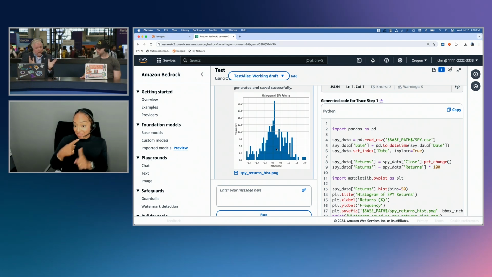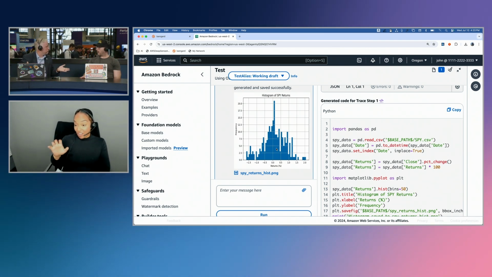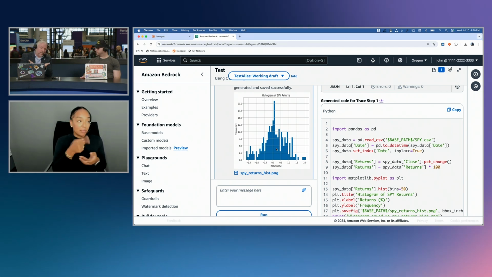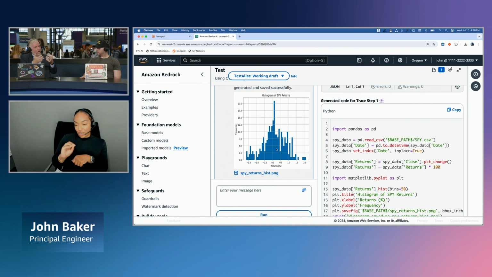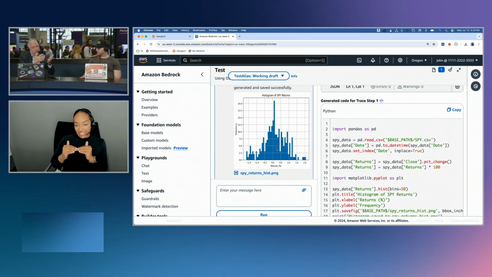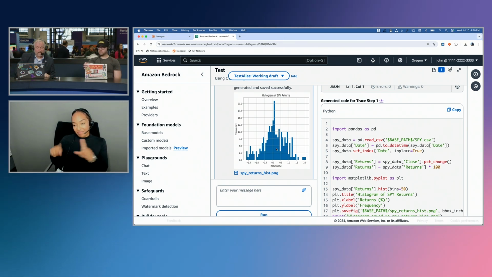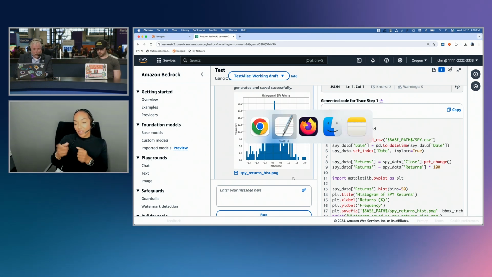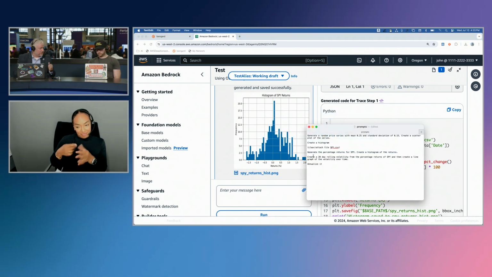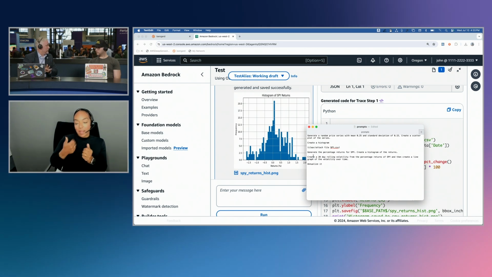So S&P 500, generally a good idea to just buy and hold. It's pretty stable. And that's what you see. It centers around 0 because it's about even on positive and negative days, but you see it skew kind of positive there. So let's get even more complicated here. Let's see how much better. The truth is, I just want to see if we can break it because this is live. That's part of the fun of being live.